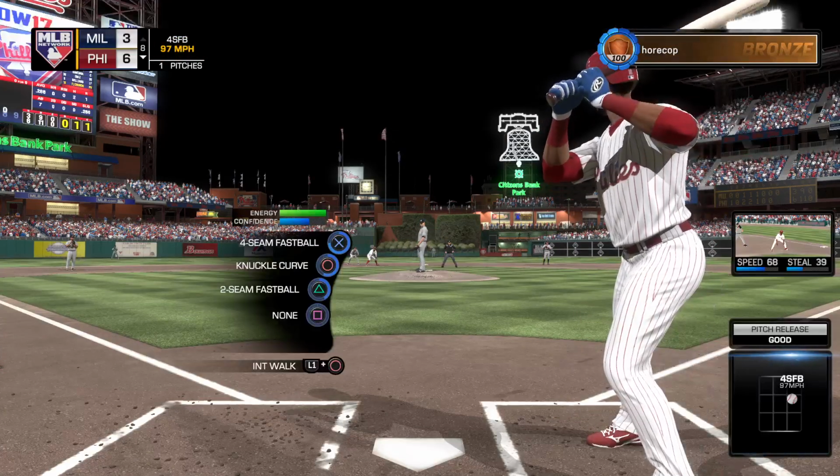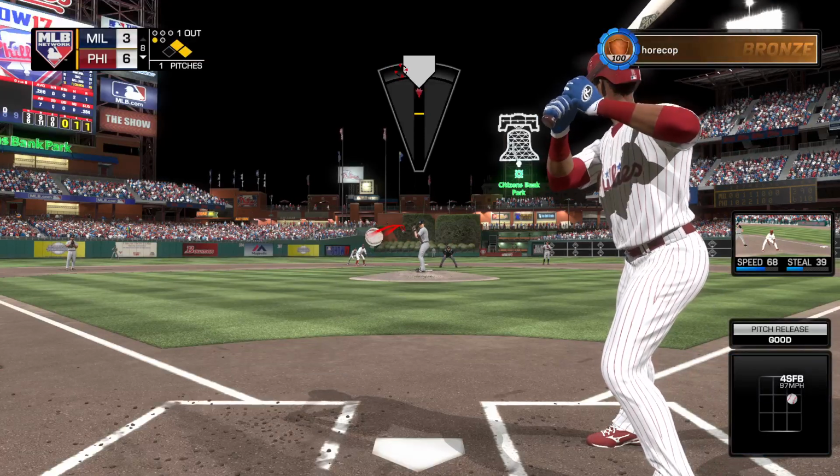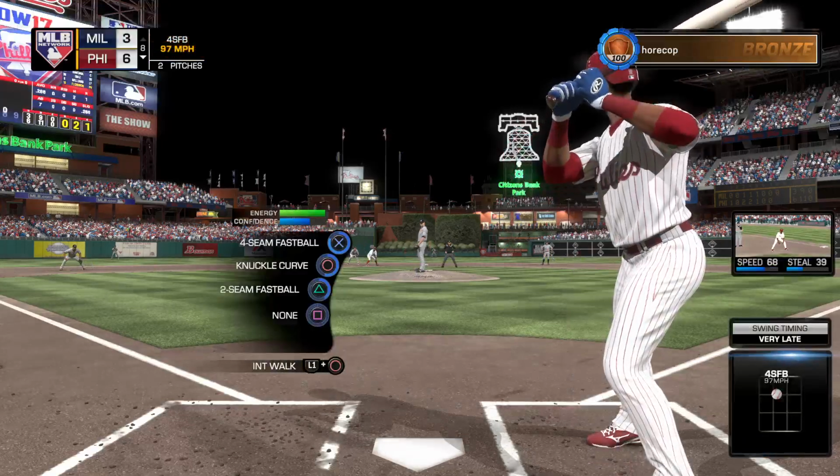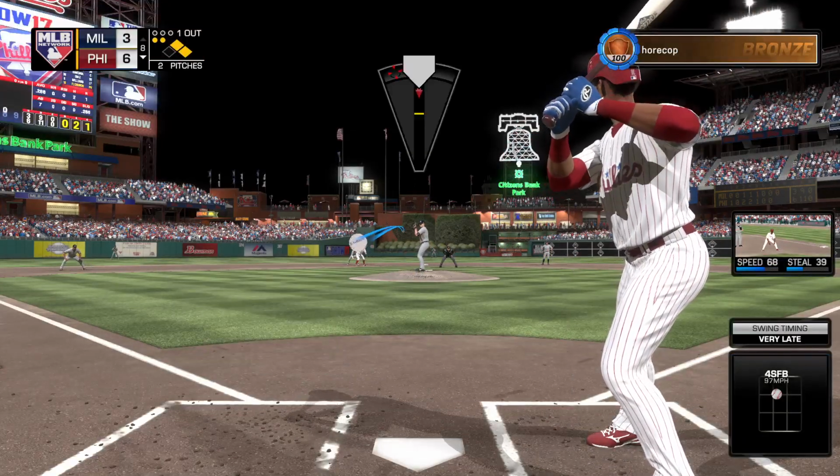And this pitch is taken on the inner half for strike 1. That's a good pitch right there. Now he's ahead in the count. You got the hitter back on his heels a little bit. Even though it's a tough situation, you know you're going to have to use all your pitches to pitch out